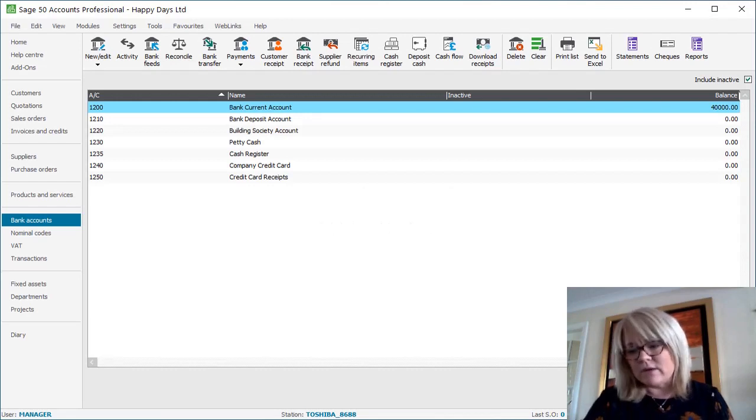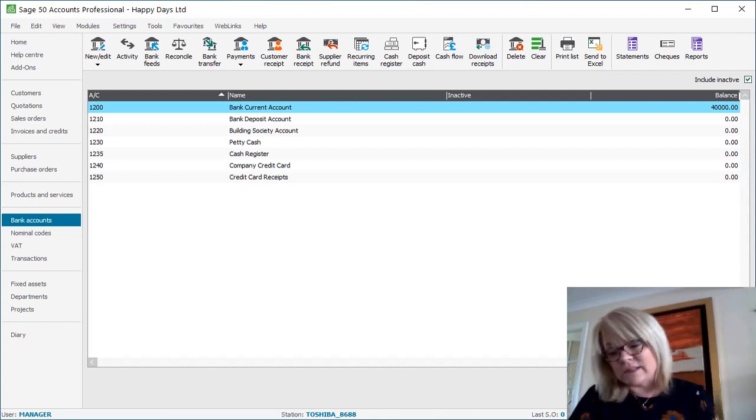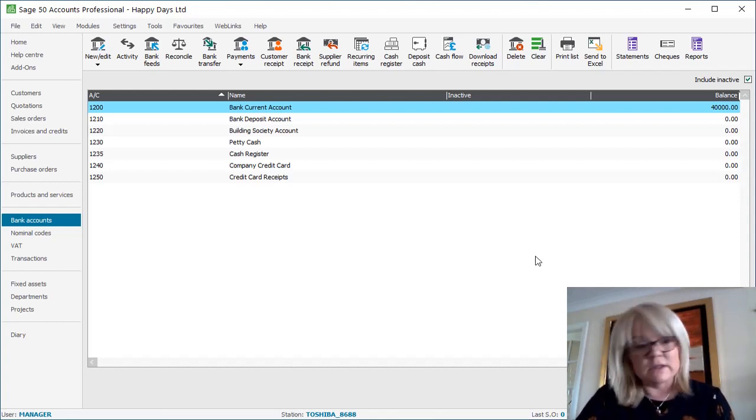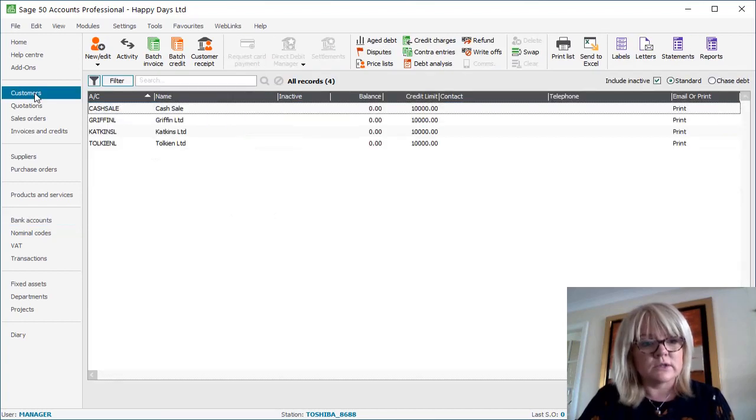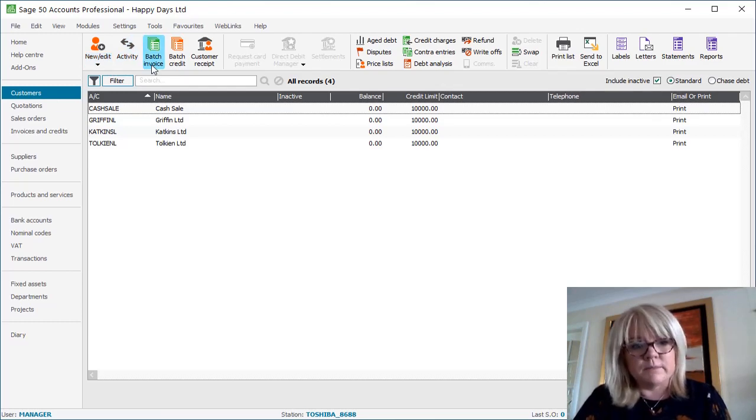Okay, so now I'm going to start processing my dockets, my invoices, and the first one I have is a sales invoice to Griffin Limited. So Griffin is a customer, you should see them listed there as a customer. So I click customers on the left, and I'm going to do a batch invoice,